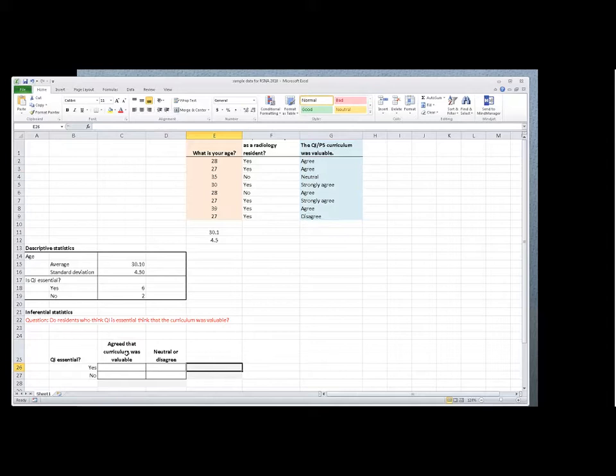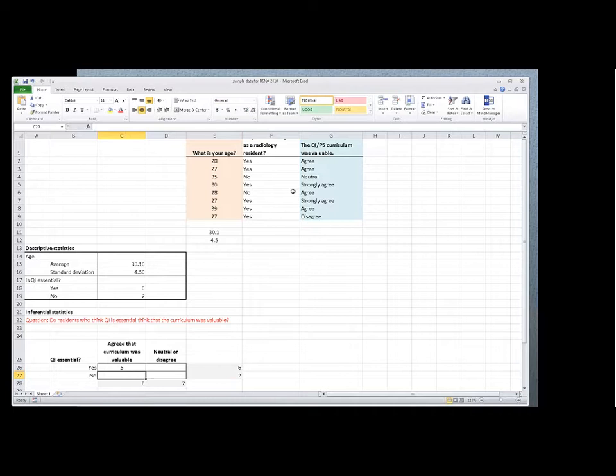So in total, the number of people that thought QI was essential was 6, and those that did not was 2. And those that agreed that the curriculum was valuable includes 1, 2, 3, 4, 5, 6 people here. And those that were neutral or disagreed was 2. And then I need to complete my 2-by-2 table. I need to look at the subset of those that agreed and thought that QI was essential. And for me, that number is 1, 2, 3, 4, 5 here. And there was one person that thought that the curriculum was valuable, but did not think that